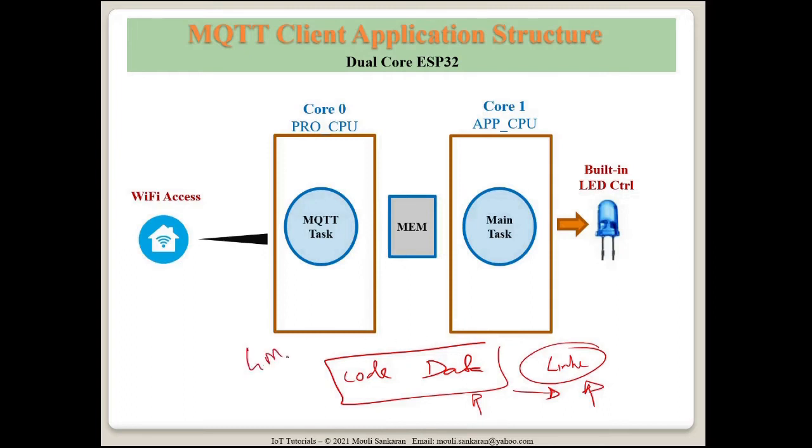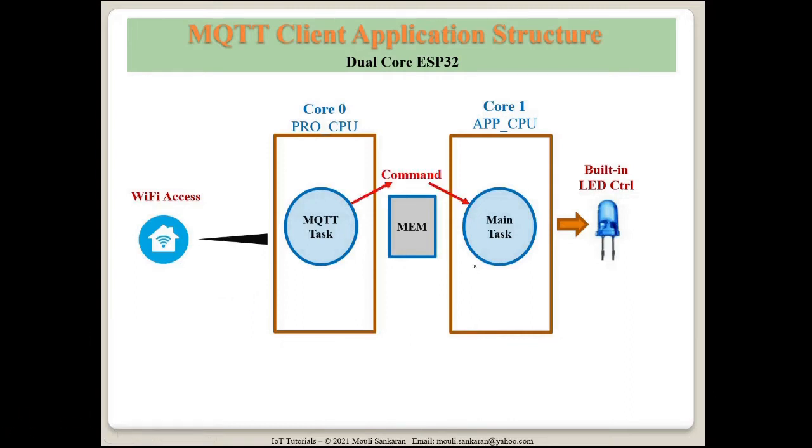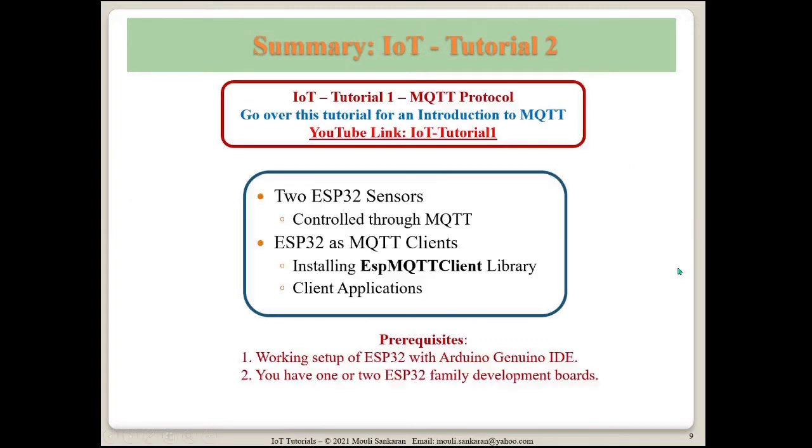Instead of 4 MB, there is the ESP32 board with 8 MB, which you can use. Or if you can modify the code in such a way that you can still use the board you have, then you can go ahead and do it. All this you have to keep in mind when you write an application for an embedded system. Okay, this is the command which is coming in and it gets used by this application task. So I hope this has given you a good overview of what is happening in the application.